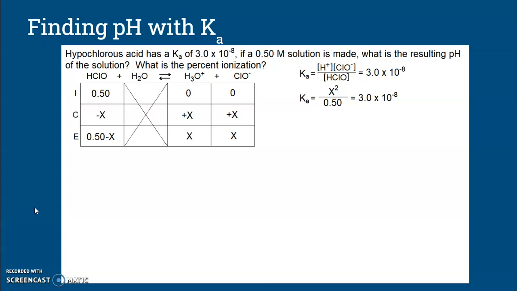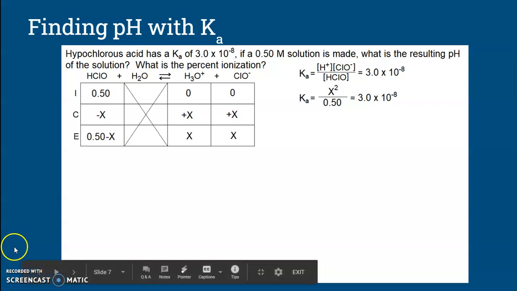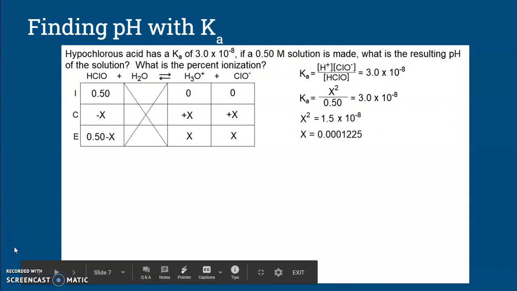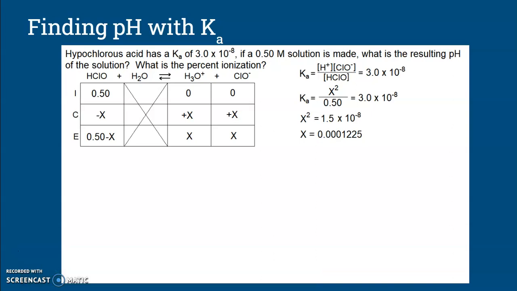We look at the percent ionization to make sure our assumption is good, that we can just ignore how much was actually used up. It's pretty much the same as 0.5. It's going to be very little different from it. So now we can algebraically solve for the X that is going to be our H plus concentration and our ClO minus concentration. So if we multiply both sides by 0.5, we end up with 1.5 times 10 to the negative 8. And then take the square root of both, and we find that our X is